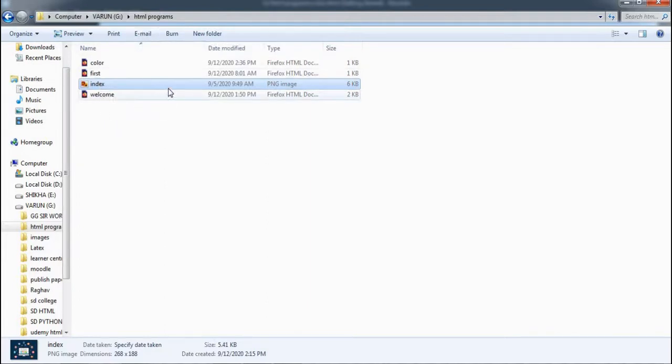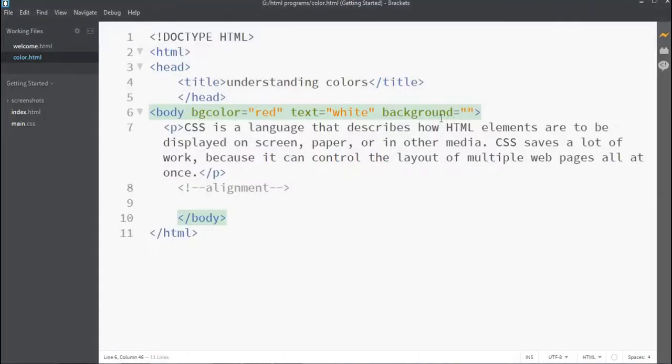As this file is saved in this folder and this image is also present in this folder, when I'm trying to use this, I'll just simply mention the name of the file. No need to mention the whole path. So you should also prefer to use the image where this particular file is saved. Now try to run this.